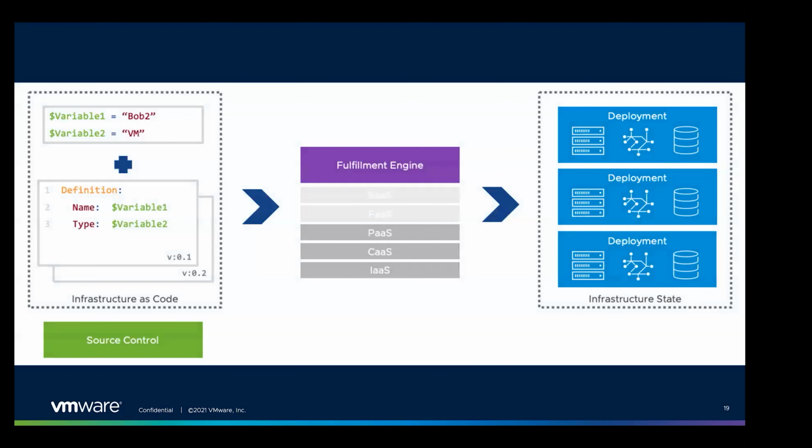So, moving on. This is a slide from a webinar I did last year, but I still really like the idea of the mechanics of infrastructure as code. In this diagram, we start off with some components on the left hand side. So we have variables, which are things that we can change on a per deployment basis, like the name of a VM, or the username that's going to be created within it,